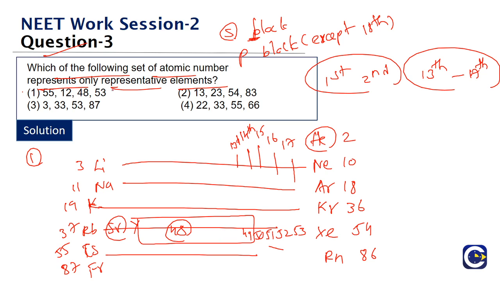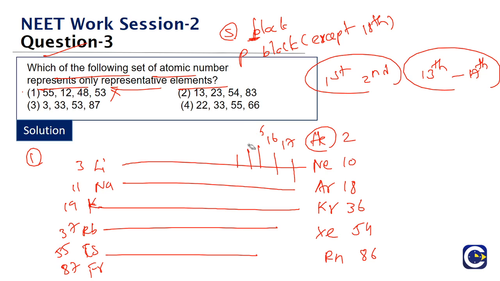So by this, our first option, not all of them are representative elements, so that is gone. Now what we have to do is go and start checking the other options. So we will go to option 2. This question we can only answer when we check each of them one by one. Now look at option 2.